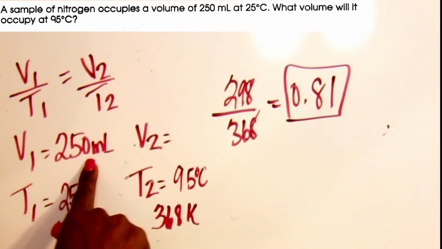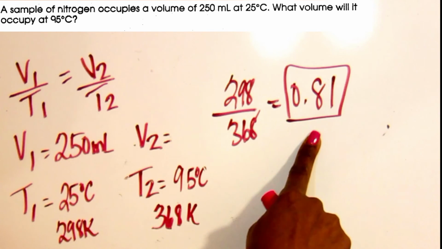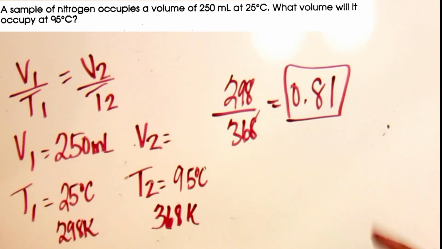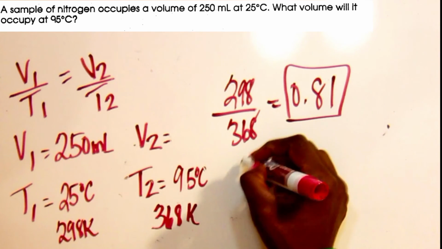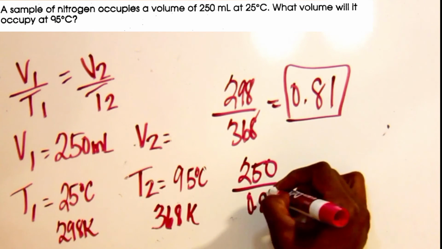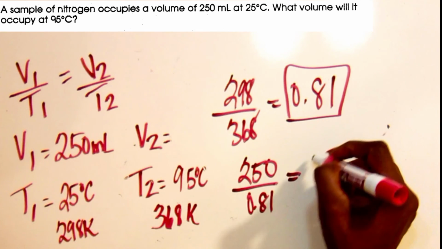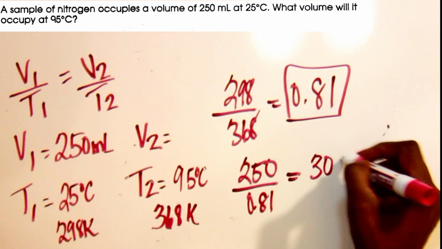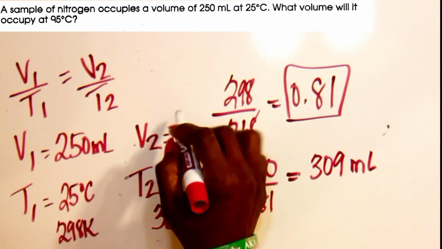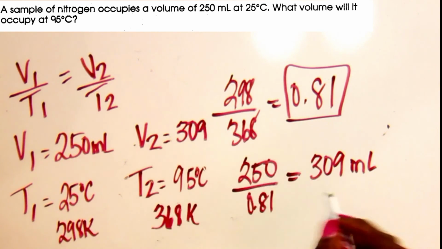So now we're going to use this number, and we will divide 250 by the ratio of 0.81. So 250 divided by 0.81 equals 309. And so that is an alternate way to work out this problem, remembering that your final unit should be in